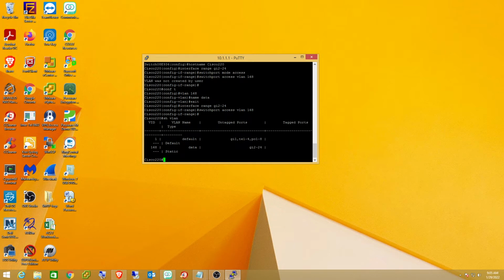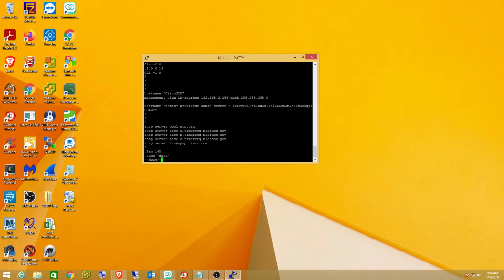So you can see by default the first port is actually a trunk, so we can ignore that, but you do see that my VLAN ID is 168 for all my untagged ports. So in other words, anything that leaves the interface that's in VLAN 168 will be untagged and sent out, or anything that comes in that's untagged to that interface right now will also be tagged as 168 and sent throughout that switch, except for port 1. And we'll also look at configuring port 1, because even though it's a trunk,